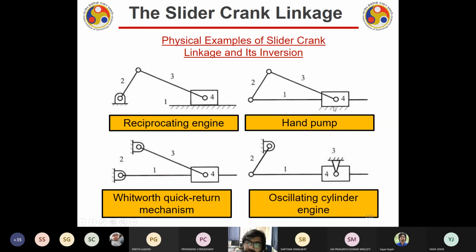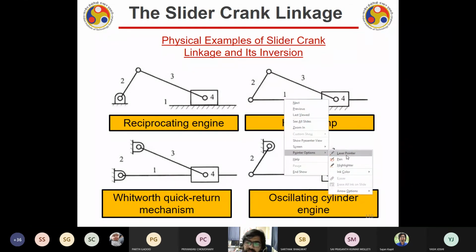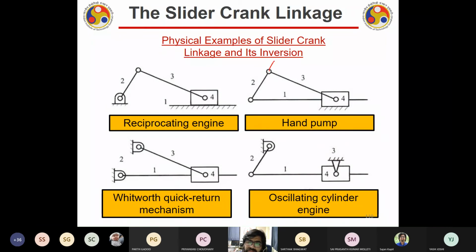And if the piston is fixed basically, and this ground moves, like this particular link one moves inside this fixed piston type of arrangement, then it will act as a hand pump. I have already explained. You can see it like this. For example, this link number 2 is extended toward this point. Now you move it, what will happen? This link will go back and forth inside this, correct? And hence it will bring the water out. It's a common mechanism available in hand pumps.